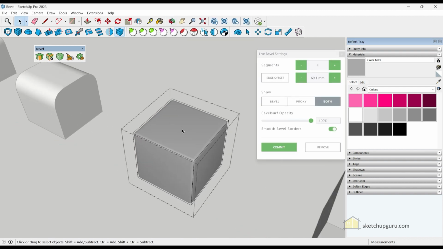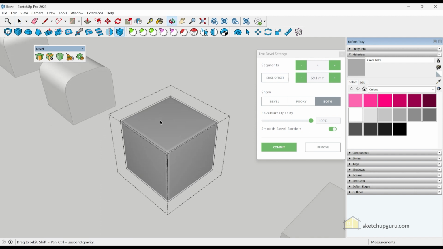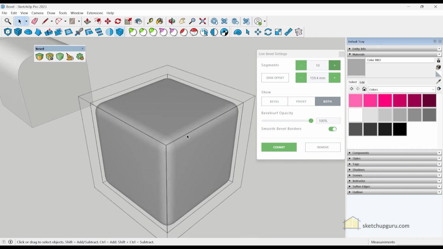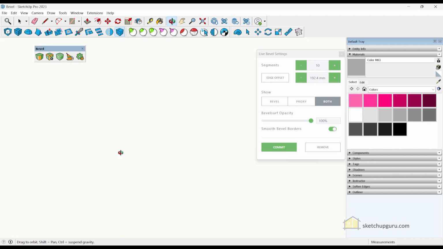Now this works in a non-destructive way, which means you can increase the offset, reduce the offset. You can use the plus minus here as well to increase or reduce the offset. And you can also increase or reduce the number of segments here as well. Now if you want to do it arbitrarily, you can do that as well. Just click on edge offset and then you can select any of these edges and then arbitrarily create that offset